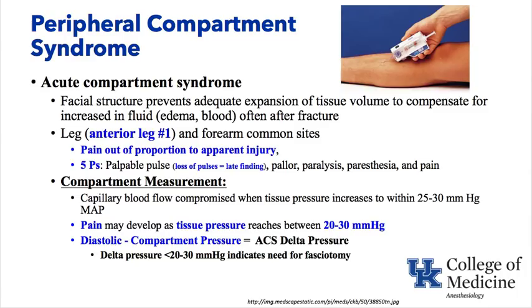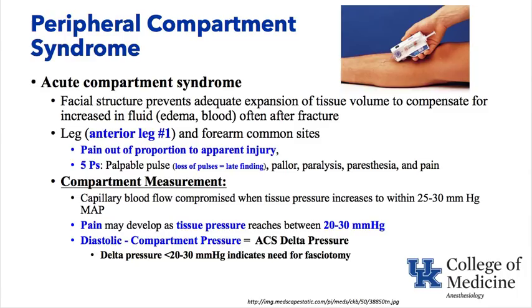How does it present? Pain out of proportion to the apparent injury, and the 5 P's are things that you should think about. Often there's a pulse present. In fact, loss of pulses is a very late finding of peripheral compartment syndrome. It becomes white color. There can be paralysis of the muscles, paresthesia, severe pain. So think about those 5 P's when you're diagnosing acute compartment syndrome. Do not depend on whether there's a pulse present or not, because loss of that pulse will be that late